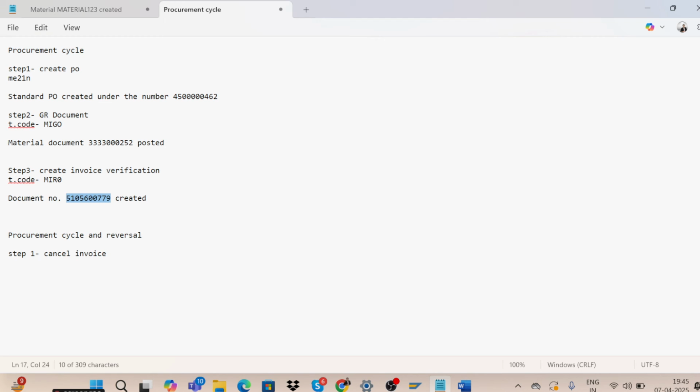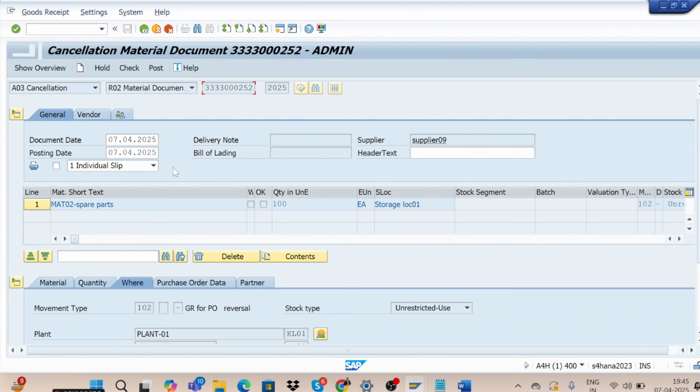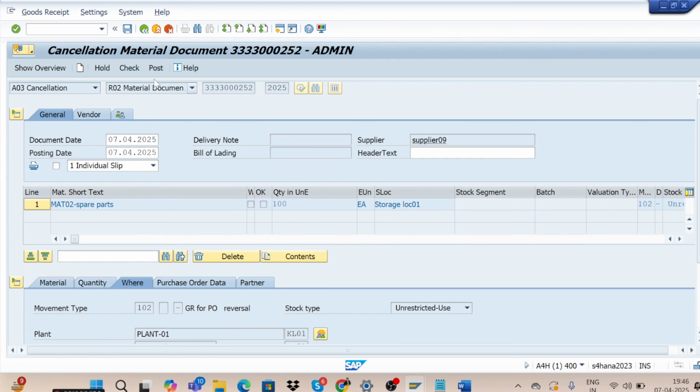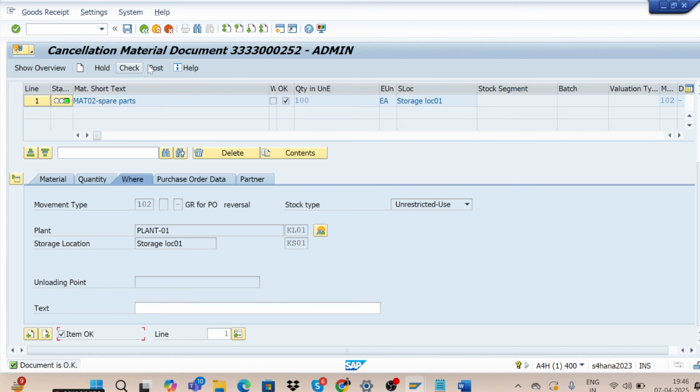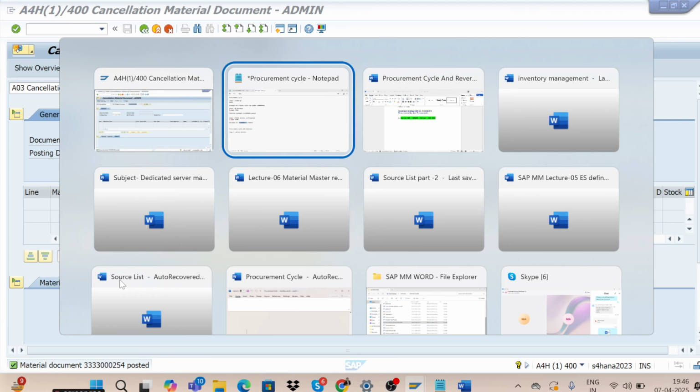But I just want to take that last document, hit enter. Okay, I'm going to do the cancellation. Just check the item and post it. So it's also cancelled, and you have seen the movement type for cancellation is 102. So this is also done.